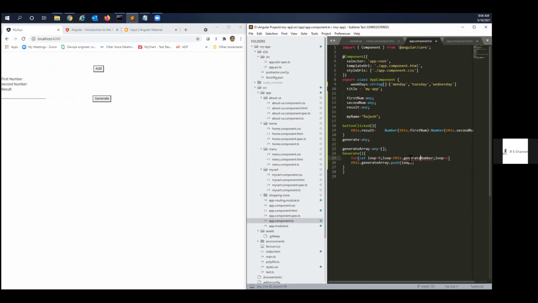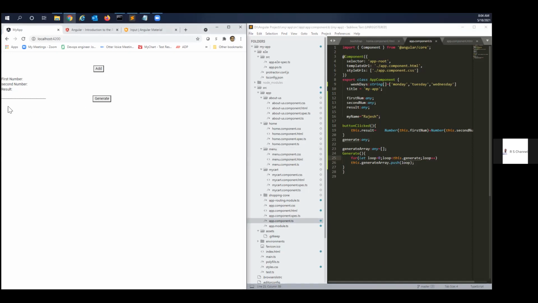So till whatever the user has given, you delete the word number. That is my variable. I declared that. So from 0 to, if the user has given 10, means 0, 1, 2, 3, 4, 5, 6, 7, 8, 9. Until 9, this loop will run, and I am pushing it. Pushing means just adding to an array. Generated array: I have an array and I am adding to the array. This array I will be printing in the HTML using the div ngFor. That is the logic. That is how the program works.